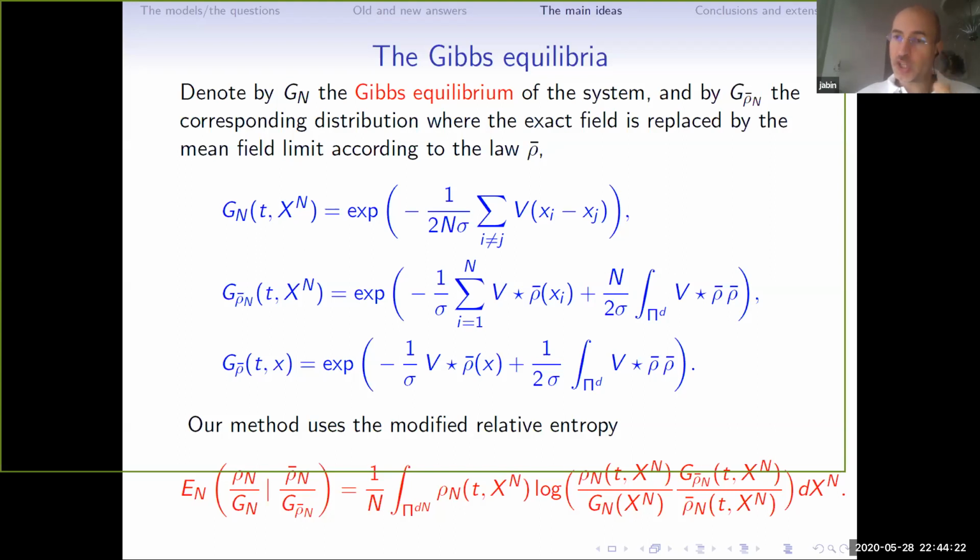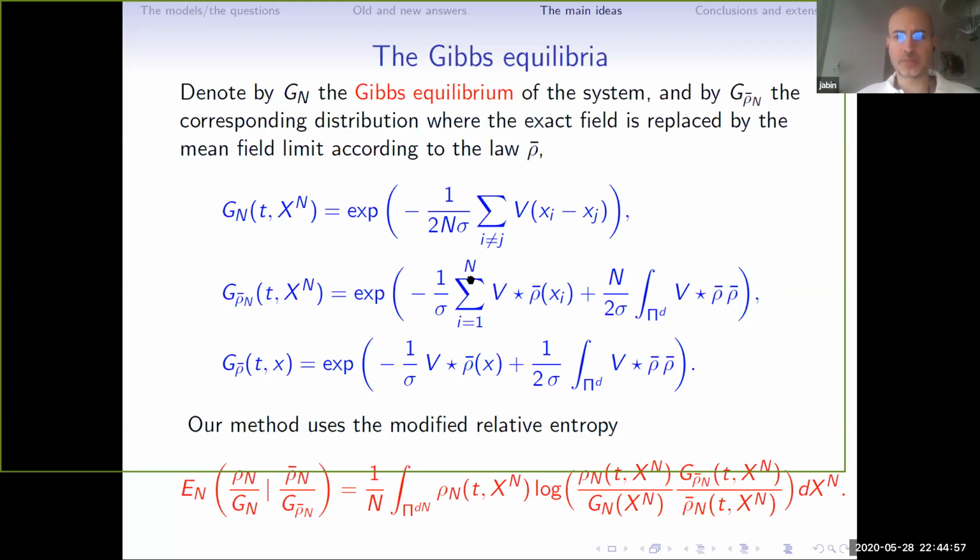Now, I cannot just stay at the level of the Gibbs equilibrium. And the reason I cannot do that is, well, because we're using relative entropy. So it's not enough to put the original Liouville equation in a self-adjoint manner, we also have to correspondingly try to symmetrize the limit. So what we are considering is a sort of mean field limit of the Gibbs equilibrium, which is this G of rho bar n. And this is a bit of a delicate object